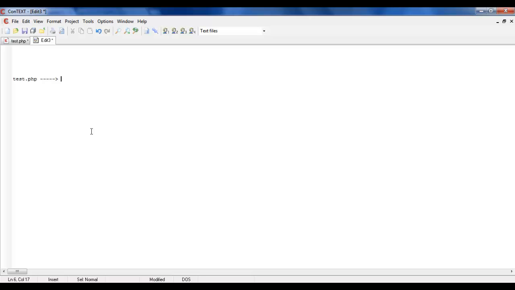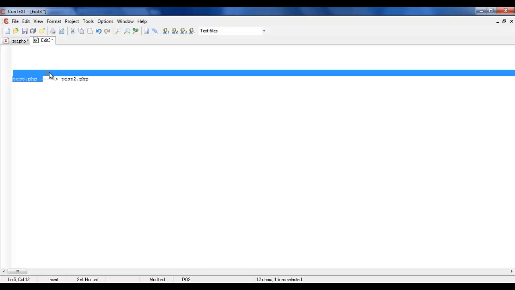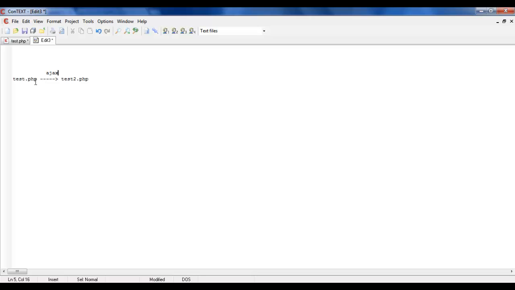Let's say it is test2.php. Here in between, Ajax plays a role: when you click something, the data is transferred from test.php to test2.php without refreshing the page, and that's why it is called